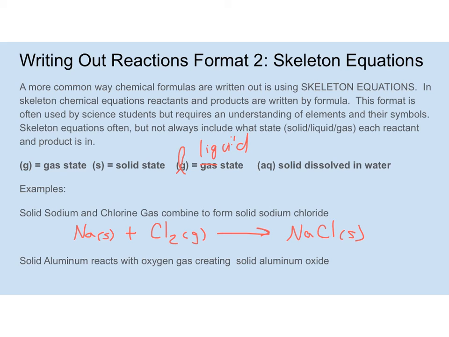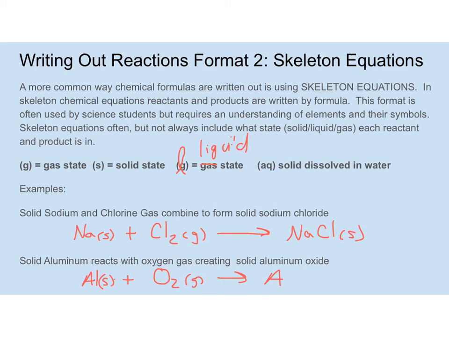Okay. Next one, just another example. Aluminum reacts with oxygen gas. So it says solid aluminum plus oxygen gas. And again, oxygen is one of those diatomics. This is a very, very common mistake, is someone will just write plus O, but O can't be on its own. It has to be O2. And it says that's a gas, creating solid aluminum